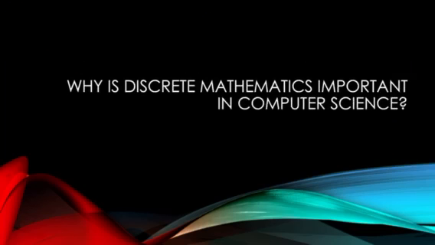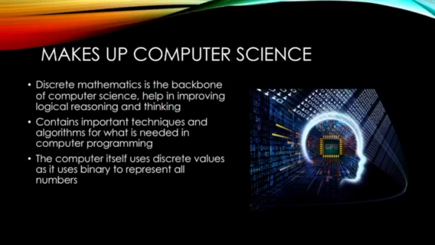So why is discrete mathematics important in computer science? Well, discrete mathematics is what makes up computer science. Simply put, discrete mathematics is the backbone of computer science. It also helps in improving logical reasoning and thinking, as is important in computer science. Discrete mathematics also contains important techniques and algorithms needed in computer programming. And the computer itself uses discrete values, as it uses binary, which we all know is zeros and ones, to represent